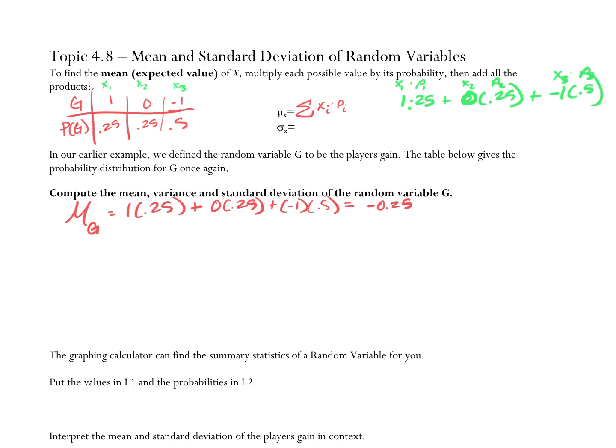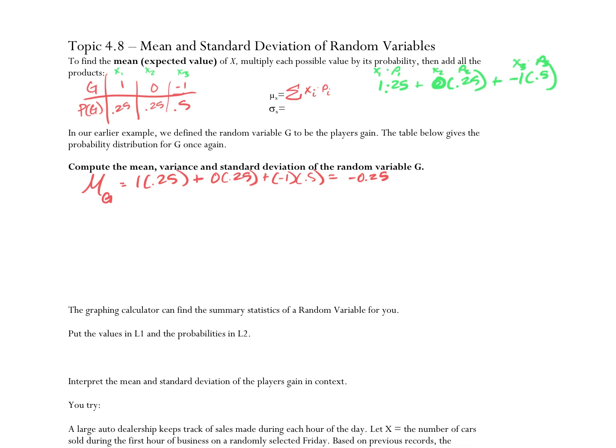So, remember we said we're all going to play this game, right? Now we let everybody play. On average, how much money will you guys get per game? You're going to lose 25 cents per game. So, let's talk about another fancy word called the variance. Variance is just the square of the standard deviation. And essentially the way we find it is we take